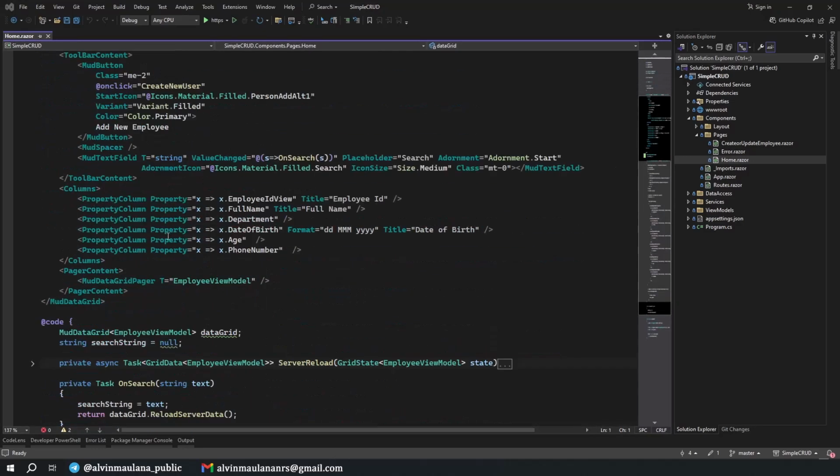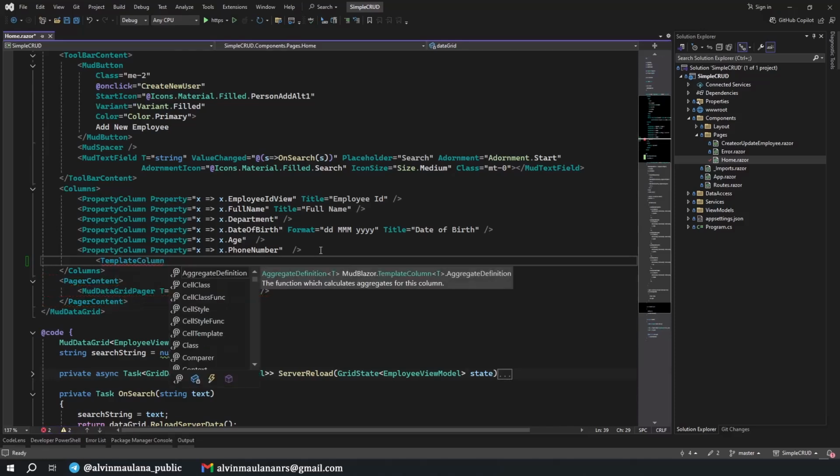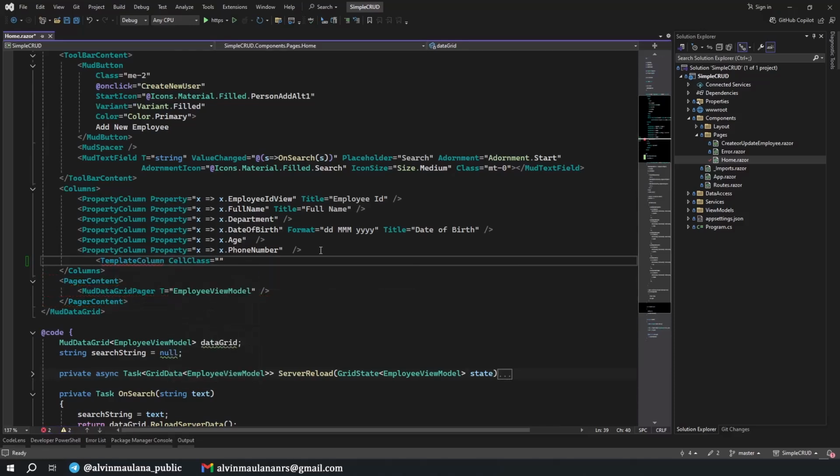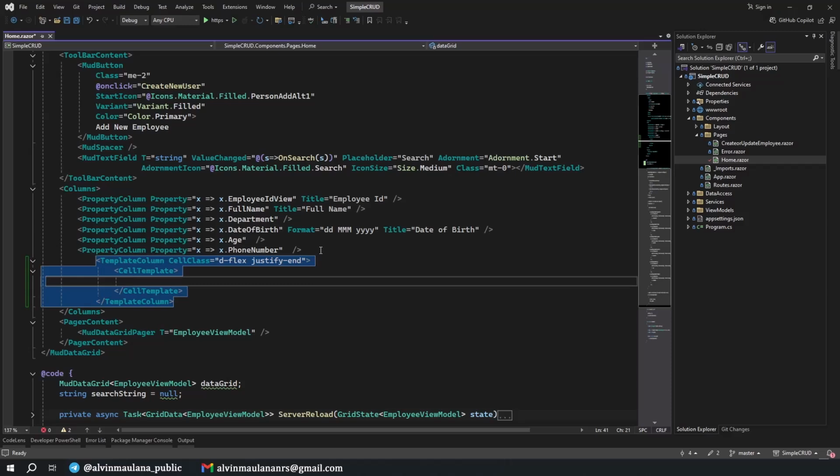We will have a button inside our data grid here. So how do we do it? We just have a template column, with the cell class set as flex, and we justify to the end. We need a cell template, and in here we add our button, mat button.